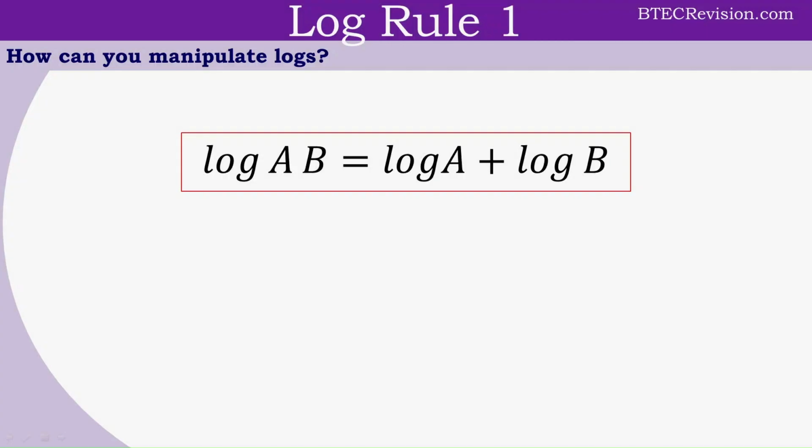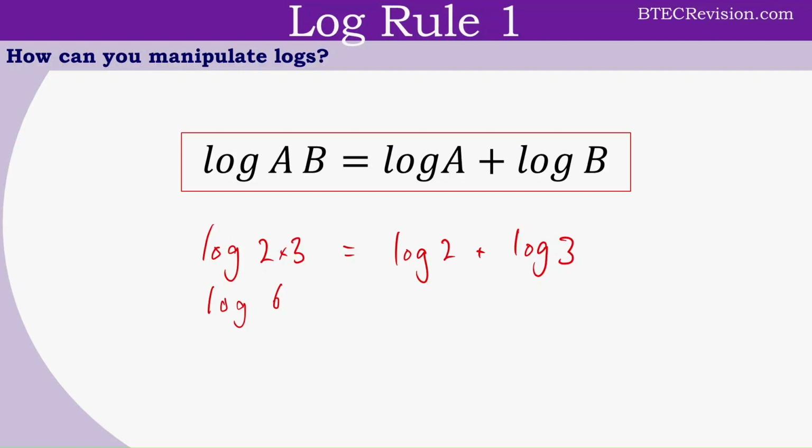First log rule is log a times b is equal to log a plus log b. For example, if we take log 2 times 3, that's equal to log 2 plus log 3. Log 2 times 3 is also equal to 6, so we can write that as log 6. We can also write this equation in reverse. For example, if we take log 10 plus log 5, that's equal to log 10 times 5, which is equal to